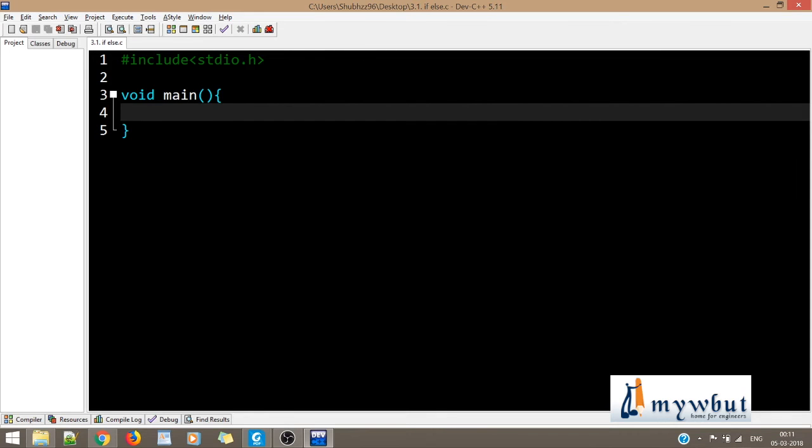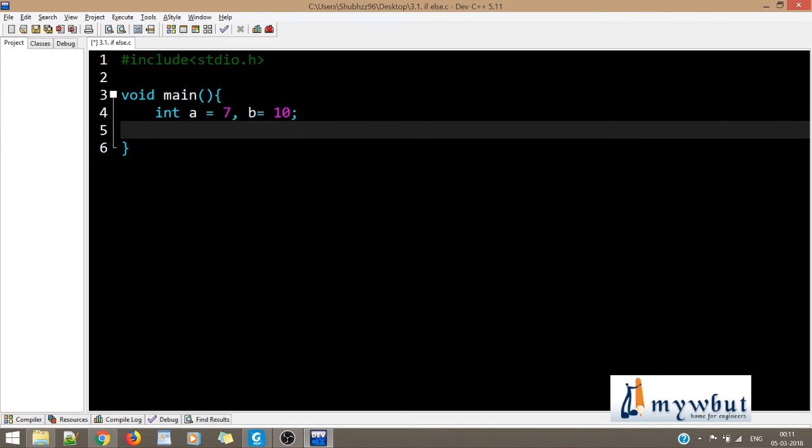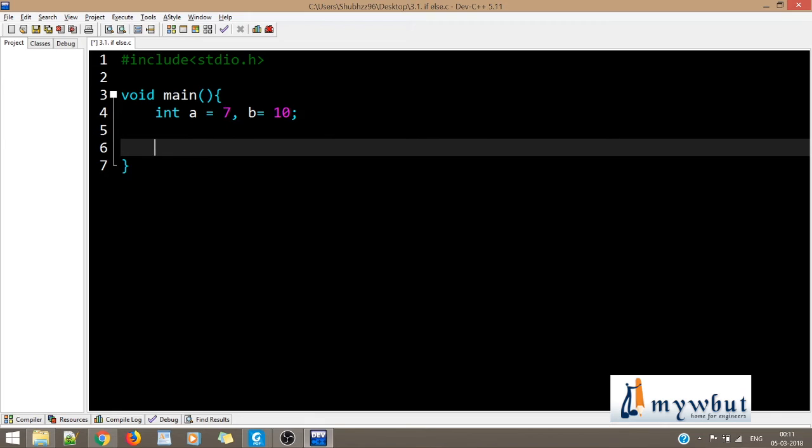First of all we have this ifelse. I've created a file named ifelse.c and I've saved that as well. I'll keep the thing simple. Let us say we have two variables, int a is equal to 7 and b is equal to 10. Now we will write a small program to check which number is greater. So if a is greater than b,